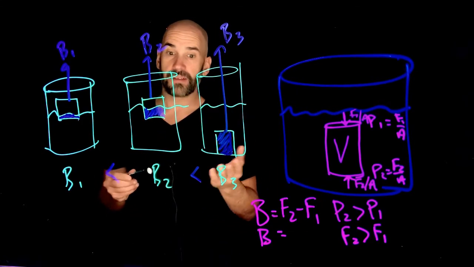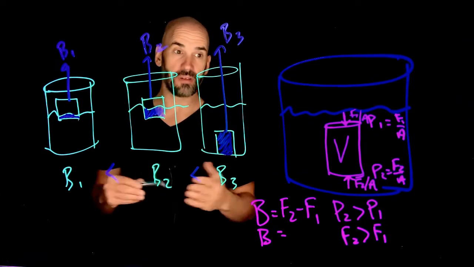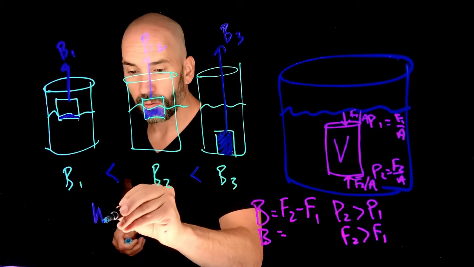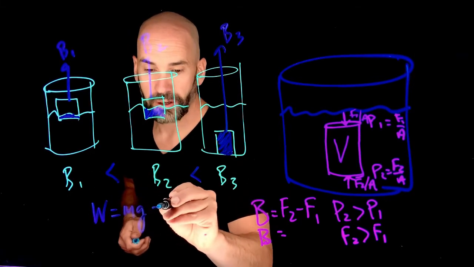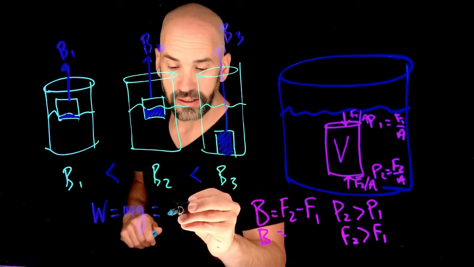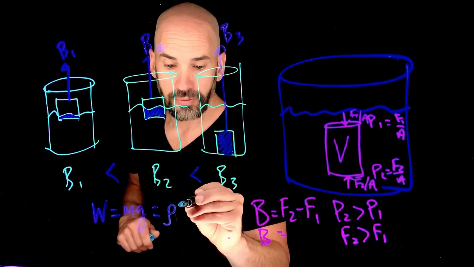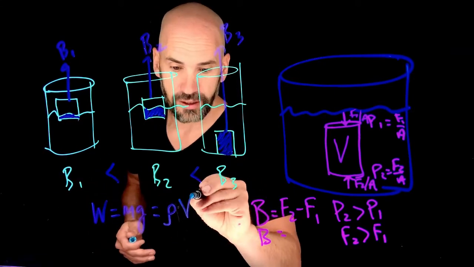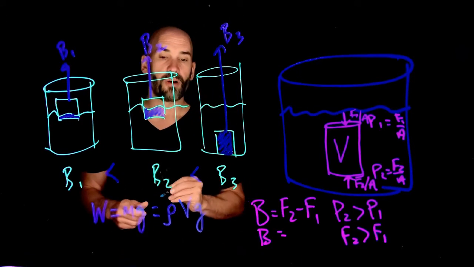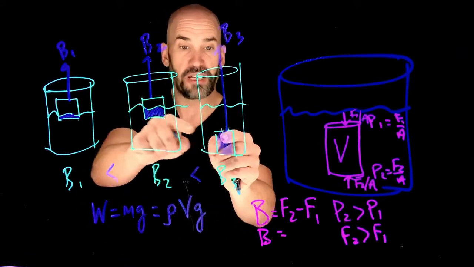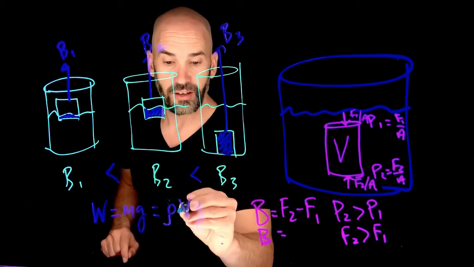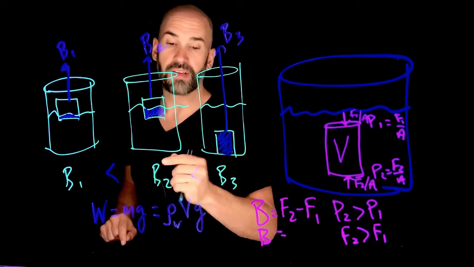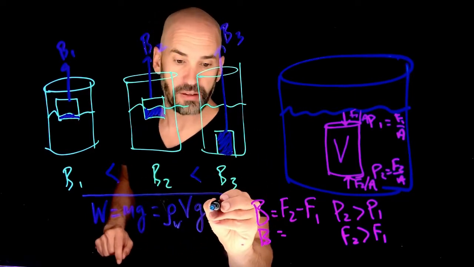Incidentally, how would we find the weight of water displaced by a certain mass or object? Remember, weight is mass times gravity. But mass is rho, the density of whatever you're finding the weight of, times the volume. So to find the weight of the water displaced by any given volume, we take the density of water, multiply it by that volume, times g. That will be the buoyant force